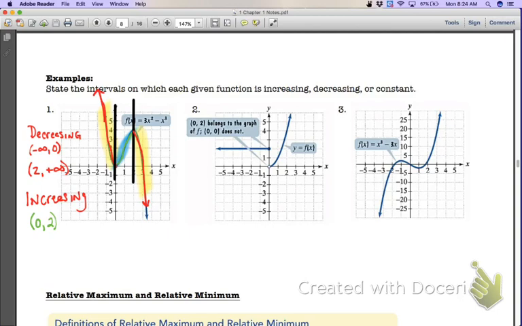Whenever we look at number 2, what's happening? You always remember, we always look at it from left to right. So as I go from left to right here, what's happening? Is it increasing, decreasing, or is it constant? It's going to be constant. So it's constant from